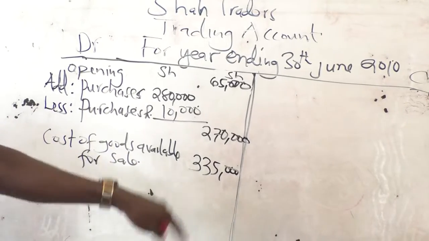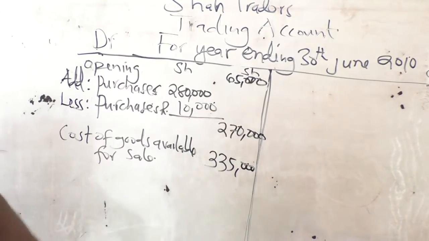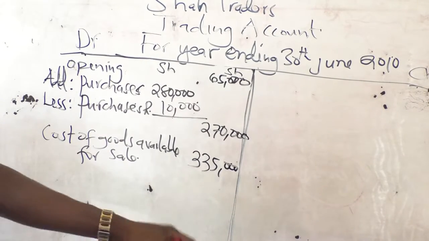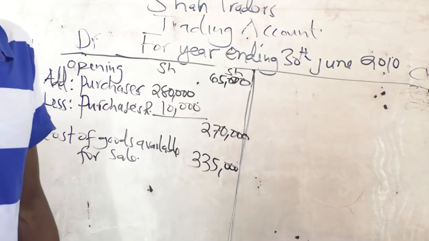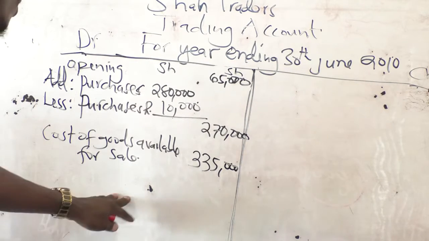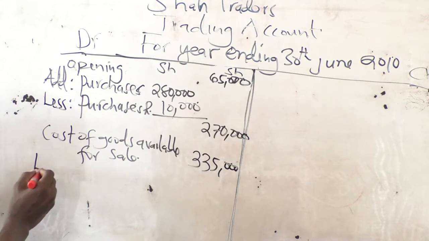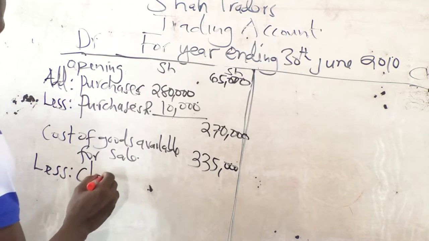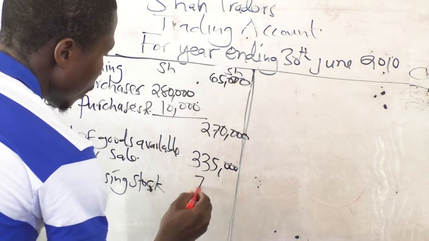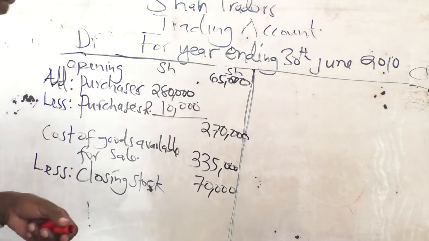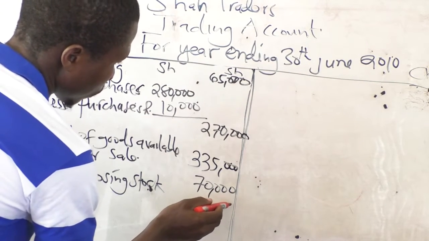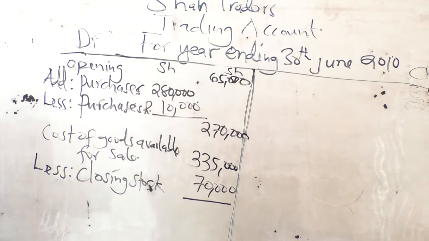What you want is cost of goods sold. This is cost of goods available for sale. It was just available, but we are not told that all of them were sold to come up with the sales that we have been given in the information there. So we are going to say less closing stock, and closing stock we have been given as 70,000. So if you subtract 70,000 here, we are going to have